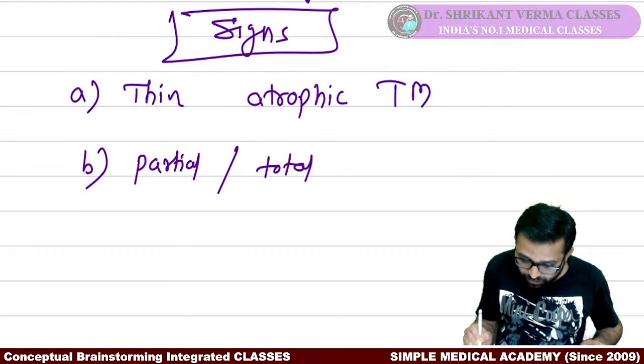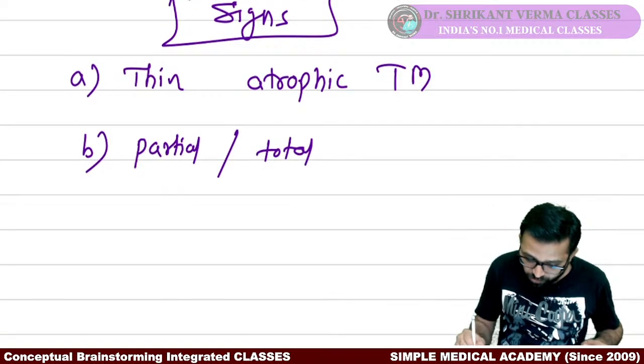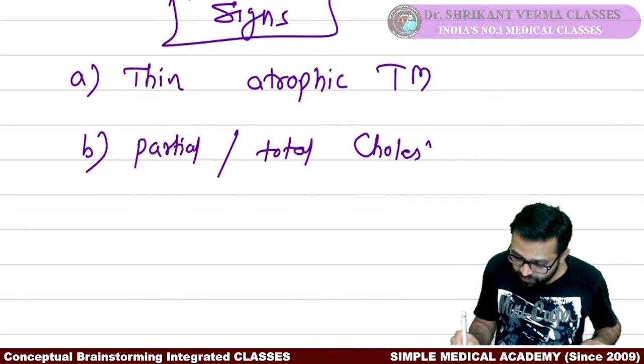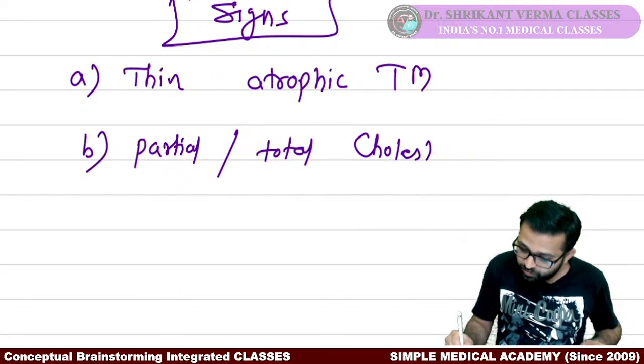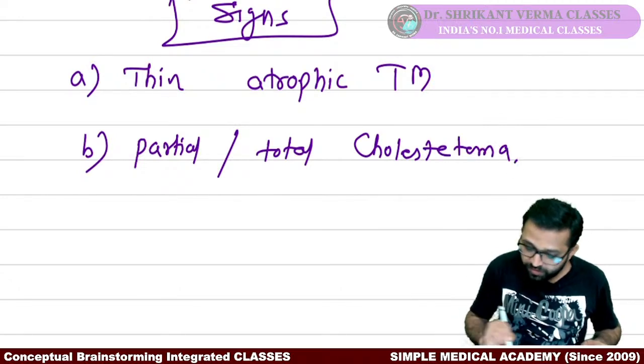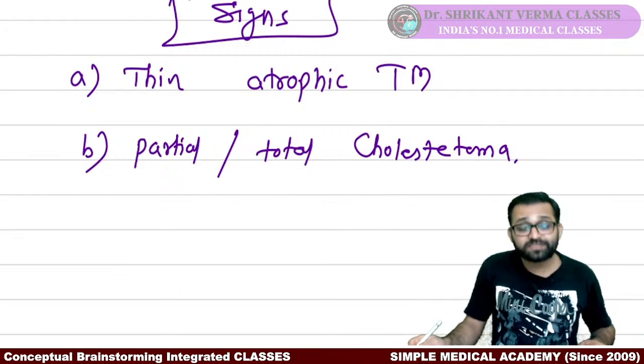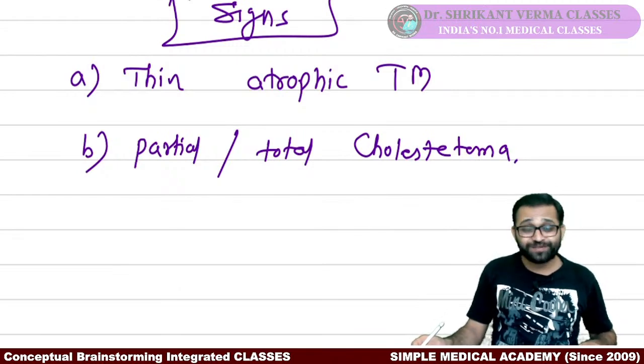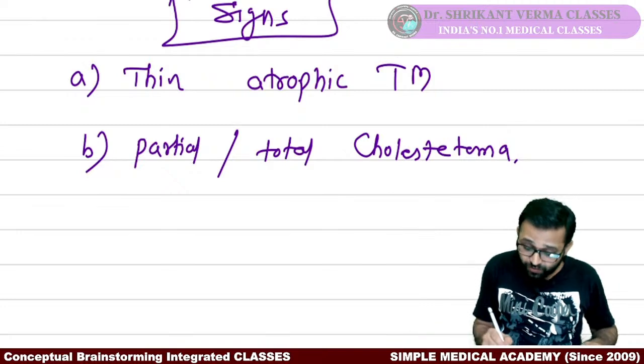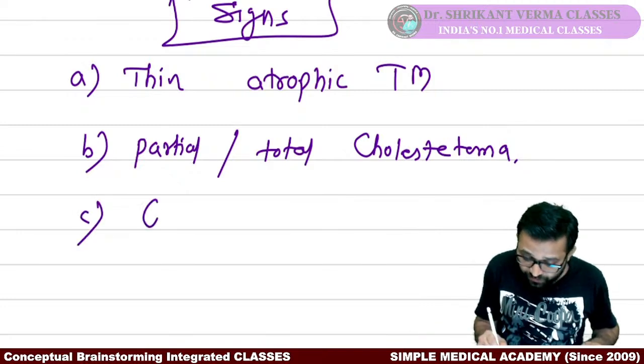Partial or total cholestatoma, we will see this cholestatoma topic. Okay, it is created. Retraction pockets बनते हैं तो cholestatoma का formation होता है. Next you will see the bones